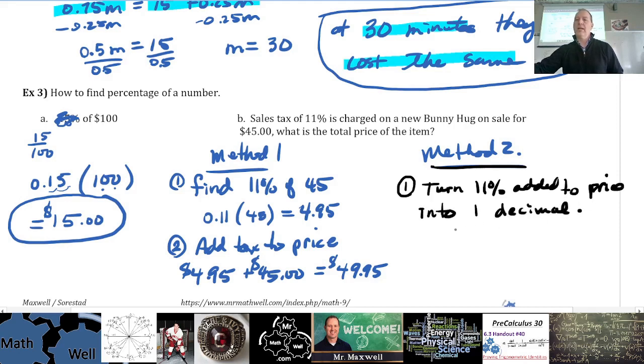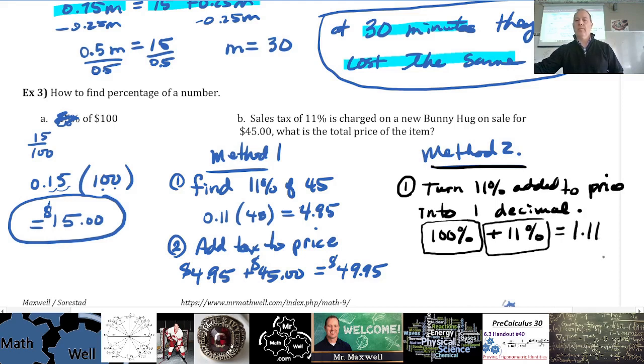So that would be 100% plus 11%. So this is going to be the whole price in total with 1 step. So 100%, you're going to have to pay for the item. Here's 100% of the item. And then you want to add 11% tax onto that. So that decimal is going to be